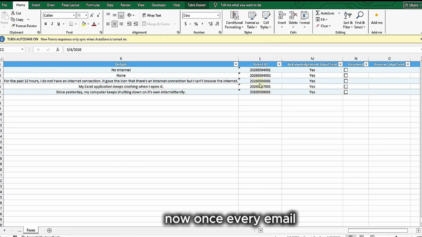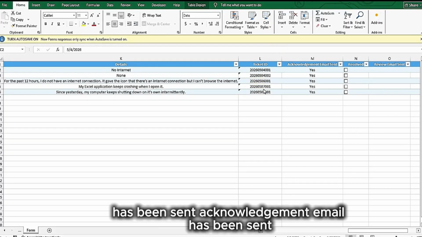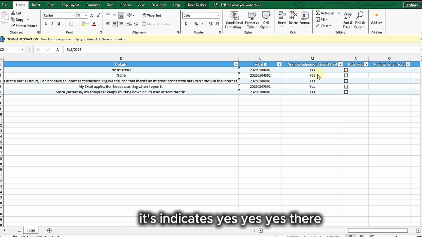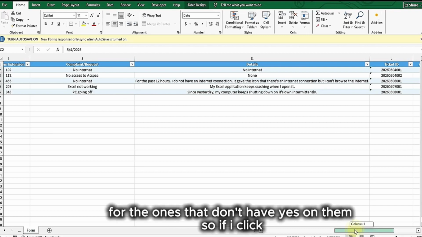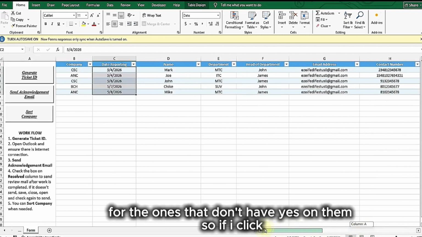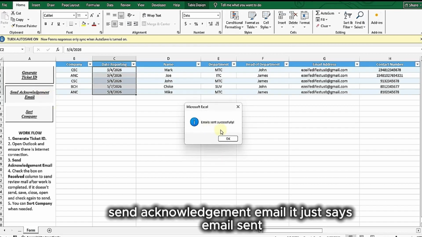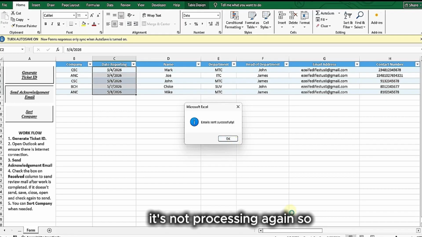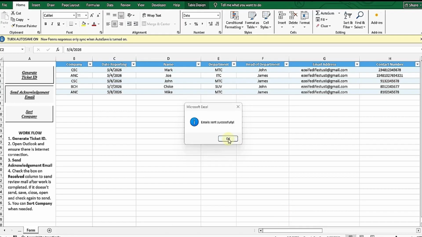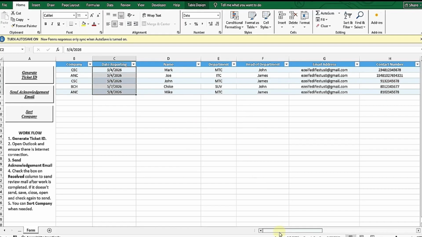Now, once every acknowledgement email has been sent, it indicates yes, yes, yes there. So even if you click send acknowledgement email again, it's not going to send an email again. It's only going to send for the ones that don't have yes on them. If I click send acknowledgement email, it just says email sent, because all the emails have been sent. It's not processing again. So next,